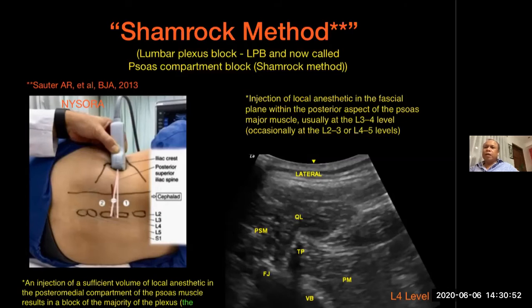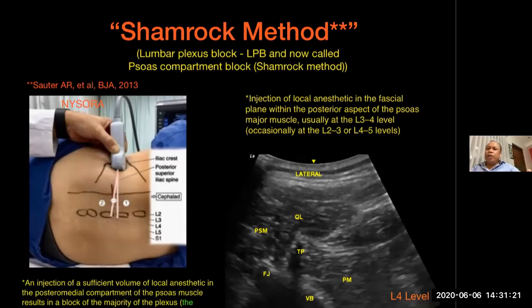But just for the information, everyone, you again use the facet joint as your reference, then move posteriorly. And as you move posteriorly, you can see the transverse process, and you go more lateral from the original position of your posterior. So for facet joint, transverse process, you go lateral,